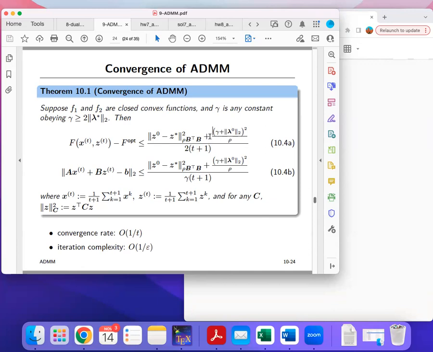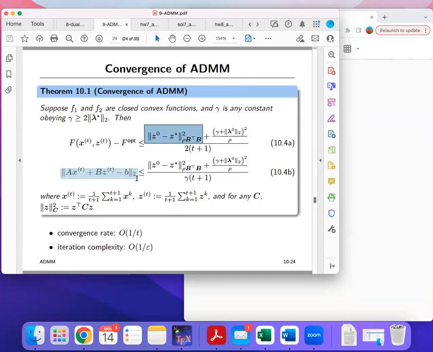And this constant involves, for example, the initialization, the distance between the initialization and the optimal point, Z star. And this distance is characterized by, so this distance is a special matrix norm. And we will see the definition later. It's different from the L2 norm that we typically use. Now the second